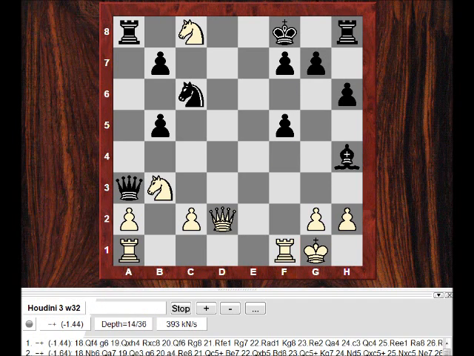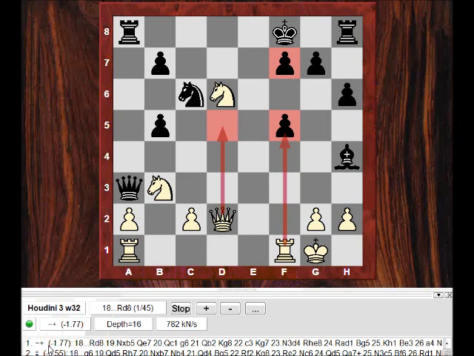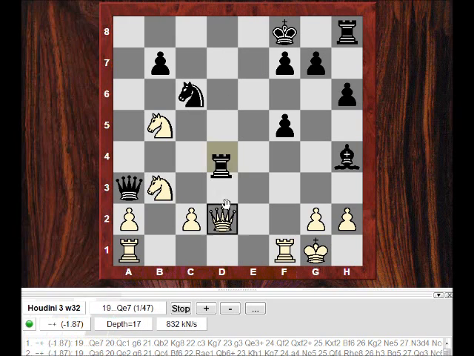Okay, so in the game we see the move knight d6, and it looks as though the engine really likes Fischer's position here after rook d8. So knight takes b5 is given as the best move, which Spassky chose. And now queen e7 is the best move for black, if black did take on d2,